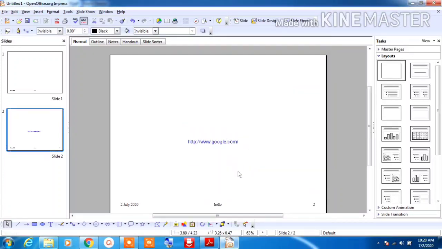Here you will see a hyperlink of google.com appears. If you double click, you can see the hand type of symbol. If you click on google.com, it will open the Google web page.